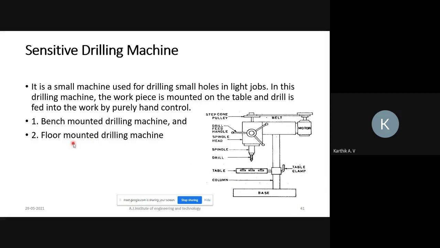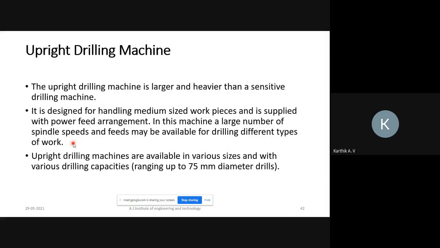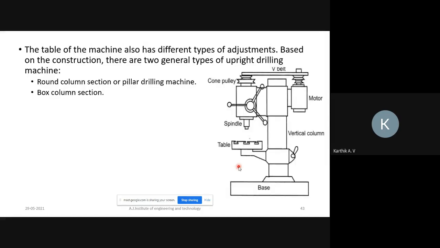With the upright drilling machine, you can create holes up to 75 diameter. The working principle is the same as that of the sensitive drilling machine, but different adjustments can be made.